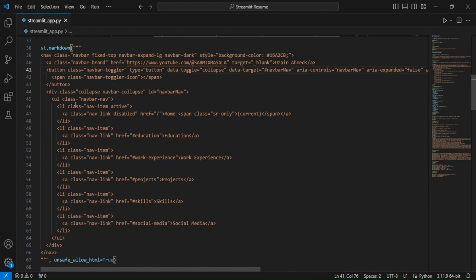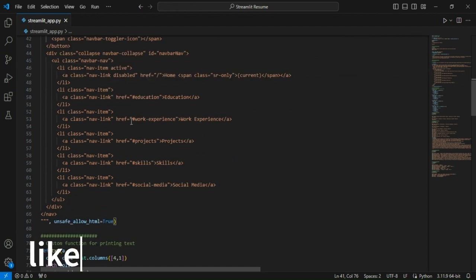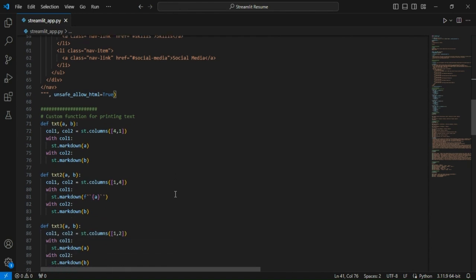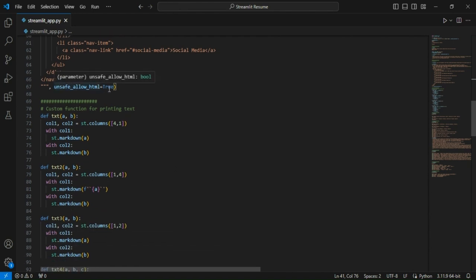Then after that I'm taking again the class, the navigation bar. And again I'm using Home. I have mentioned Education, then Work Experience, then Project, then Skills, and then Social Media. So I have created the links here. When you click on Education or Work Experience, it will jump directly to that particular area. I am mentioning unsafe_allow_html equals True here